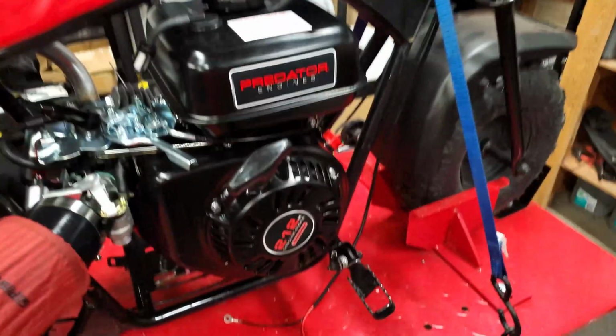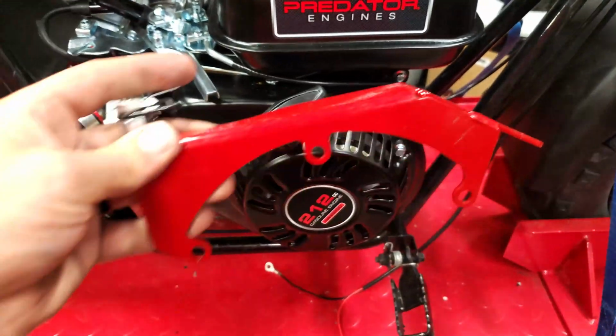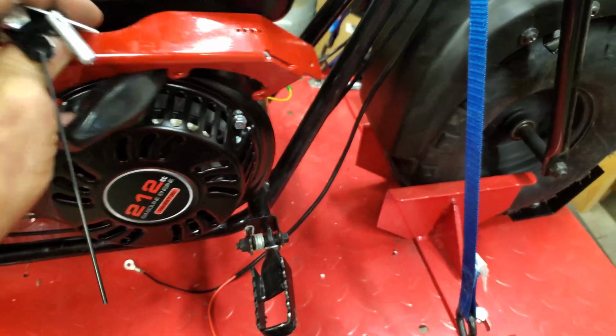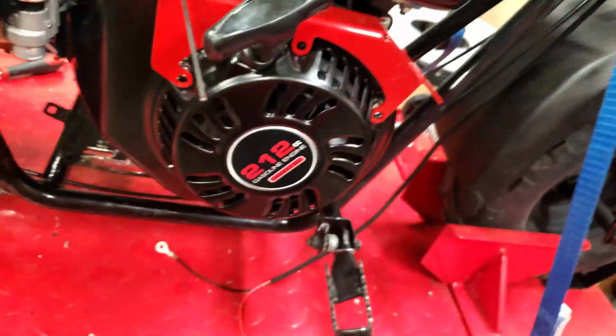So as you see, we got the pull starter clocked just a little bit so that now you're pulling it straight up. Another thing is I decided not to use this throttle linkage because, one, I need to get new bolts. The ones in here aren't long enough. But then also,